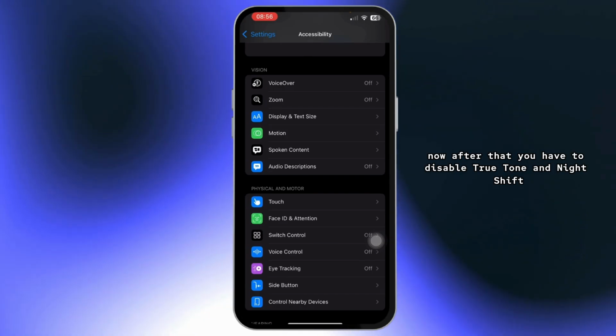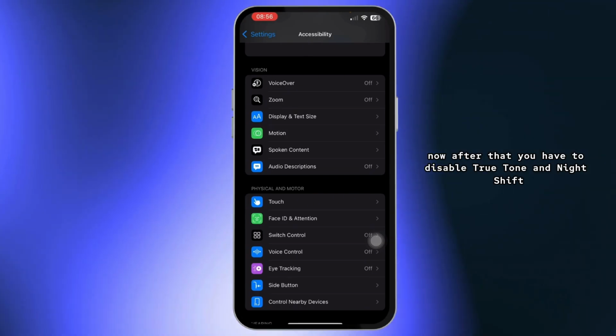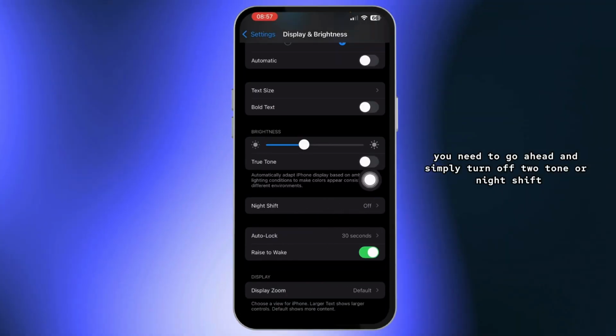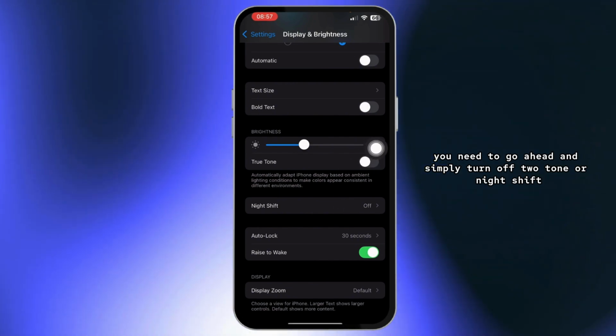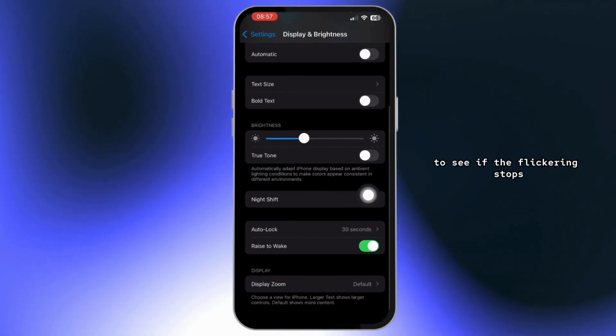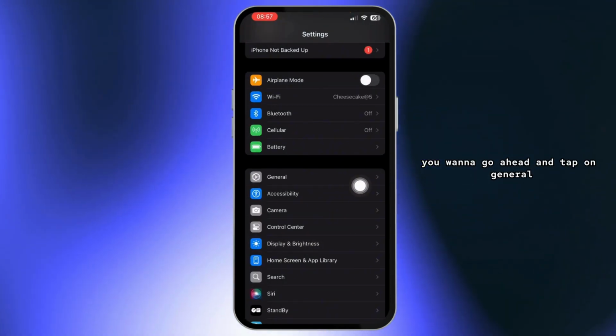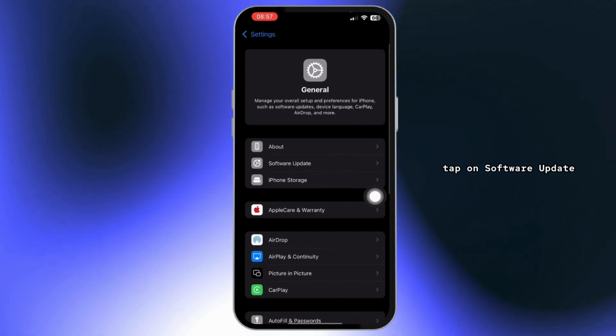Now after that, you have to disable True Tone and Night Shift. Inside here, you need to go ahead and simply tap on Display and Brightness. And then you need to go ahead and simply turn off True Tone or Night Shift to see if the flickering stops. And after that, inside Settings, you want to go ahead and tap on General, tap on Software Update,